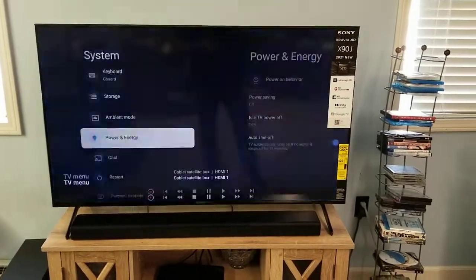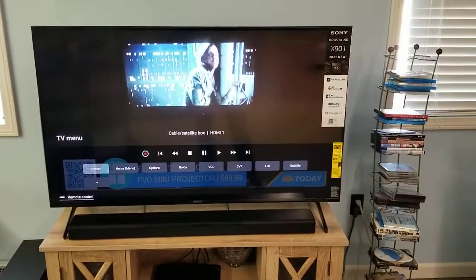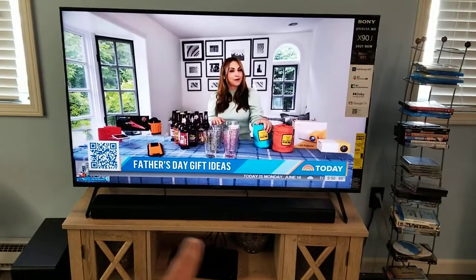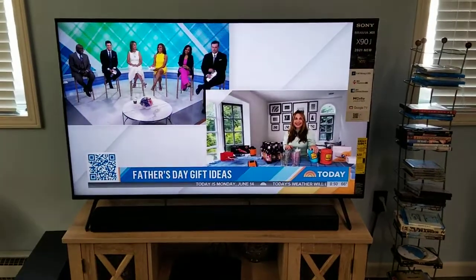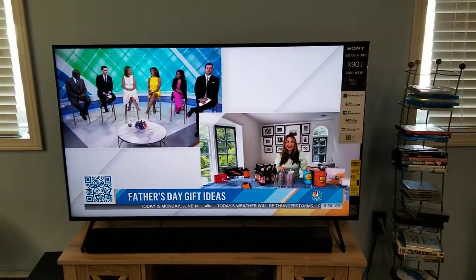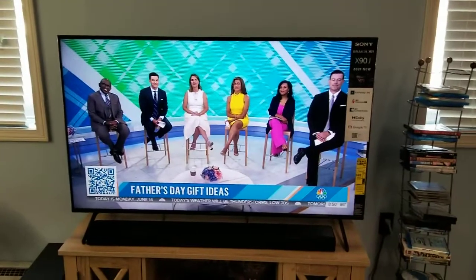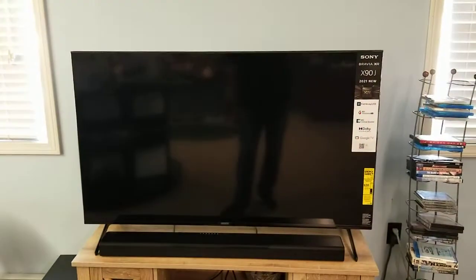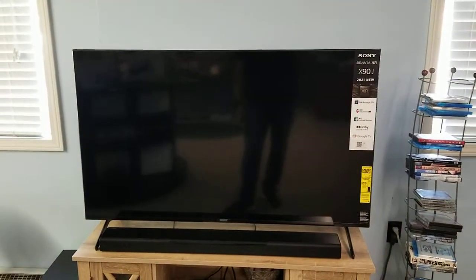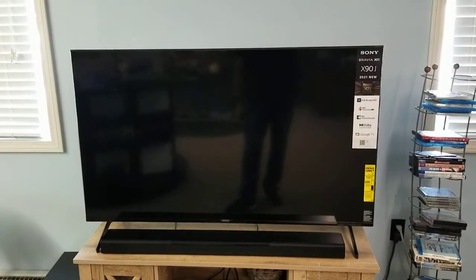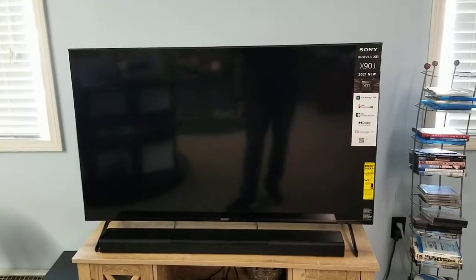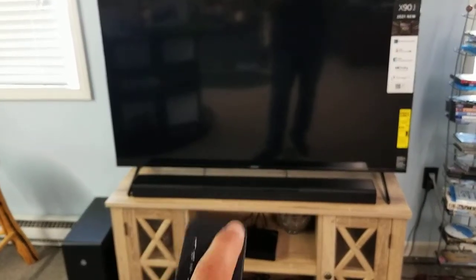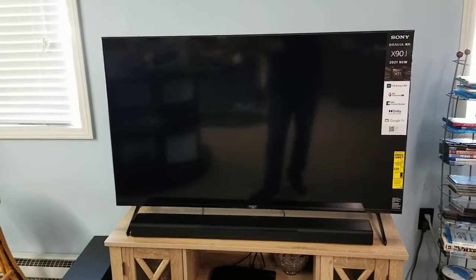So now I'm going to arrow out of all that and we'll be in here. Now this menu that you just saw, that's the menu of the cable box. That's not the home screen or any menu of the TV. So we're watching this. I'm going to turn the television off. And then we'll wait a few seconds. And when I turn the television back on, which I'm going to do again by hitting the green power button, which I'm going to do right now,